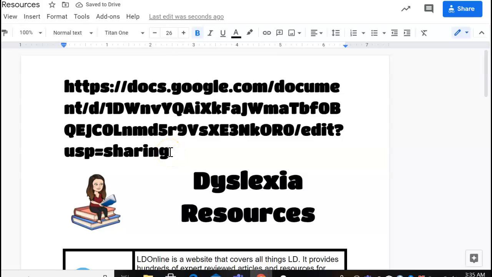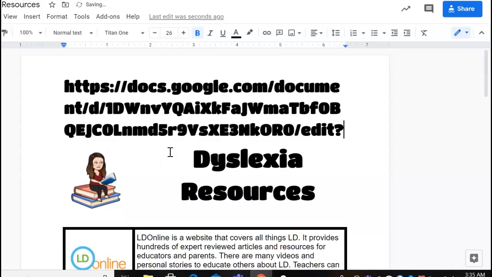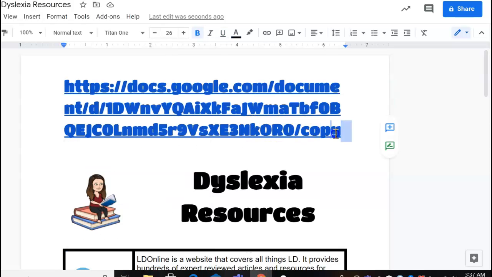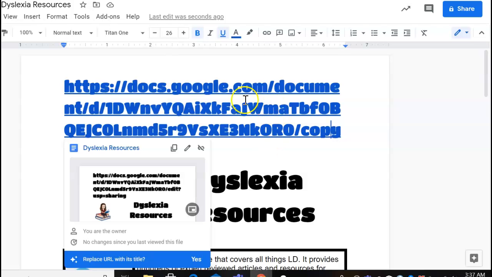And you can see, again, I'm going to back up and get rid of the word sharing because I don't want us to all share the same copy, all the way to the word edit and the slash, and I'm going to replace it with the word copy. When I click on this link, you can see it says you are the owner, no changes. Replace this URL with title, you just get that option of the preview option. So if I click on it,